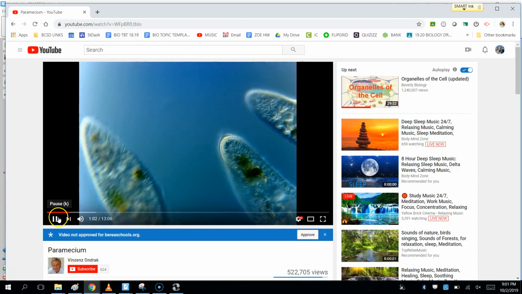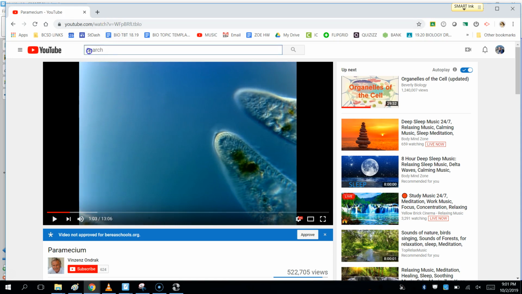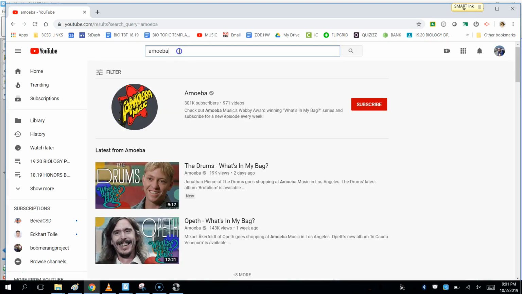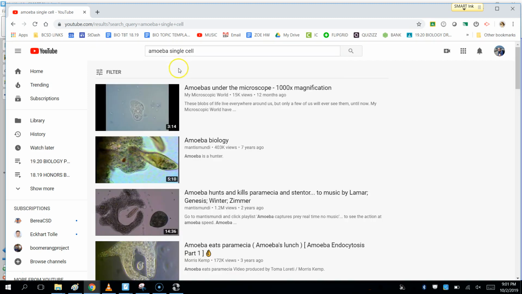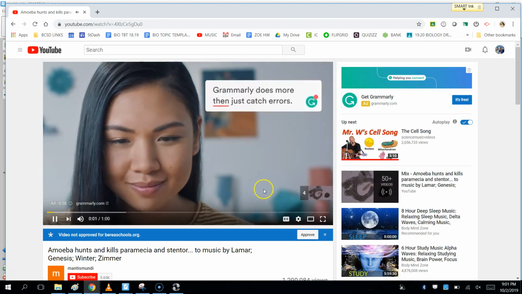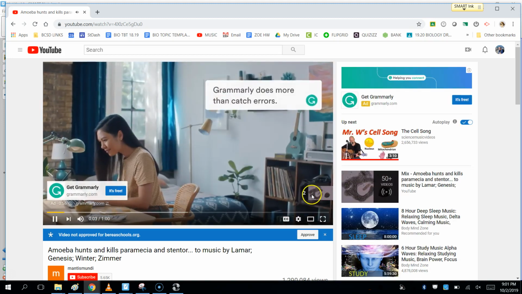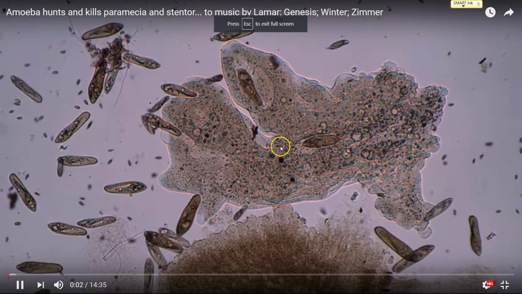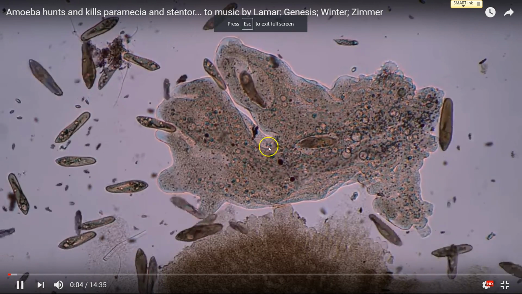So we'll stop that. Another cool single-celled eukaryote is the amoeba. Amoeba is pretty cool. Amoebas are kind of like your white blood cells. And here's a good one. It's hunting down a paramecium. So the amoeba is kind of like a killer whale of the pond single-celled life world. So here we have this globular thing is the amoeba.